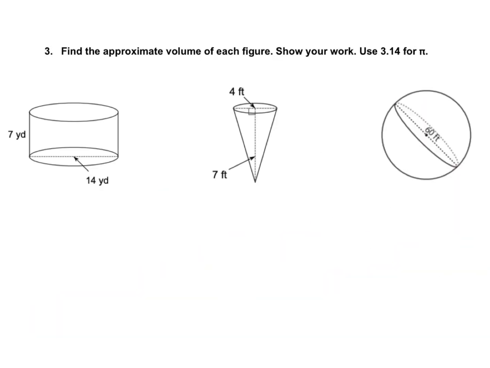Moving on to number 3 here, we're going to find the approximate volume of each figure, and this time we're going to use 3.14 for pi. So again, get in some good habits, write down all of your formulas. So cylinder is pi r squared h. And now substitute in, show the numbers that you're multiplying. So we're going to do 3.14